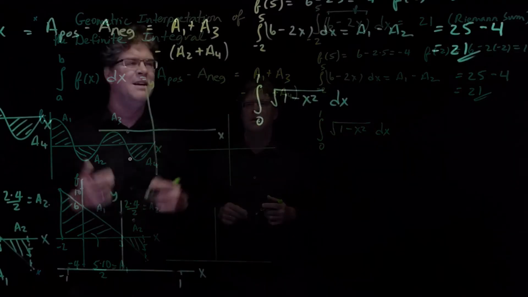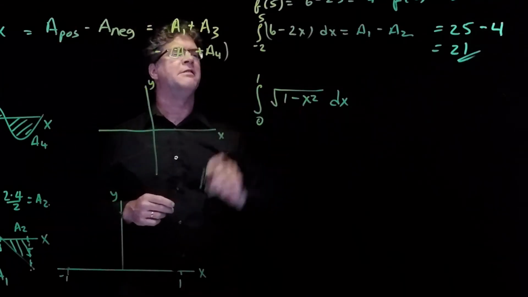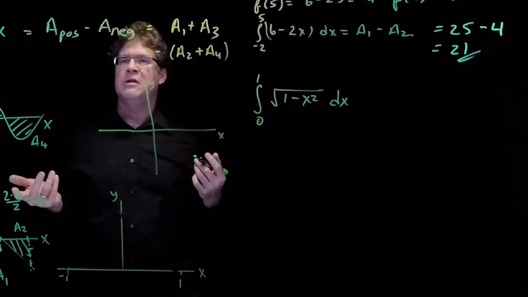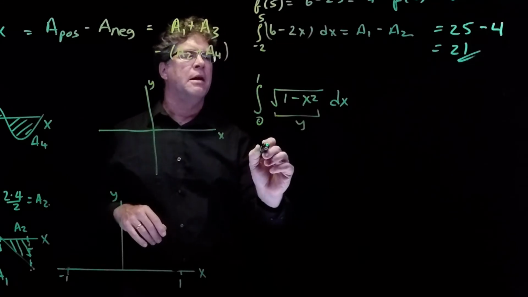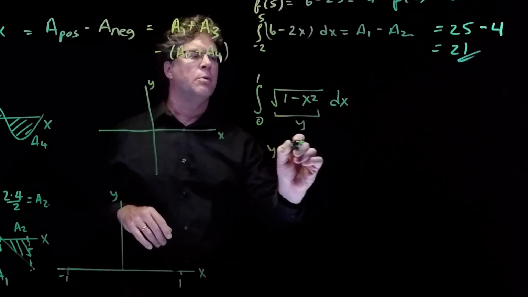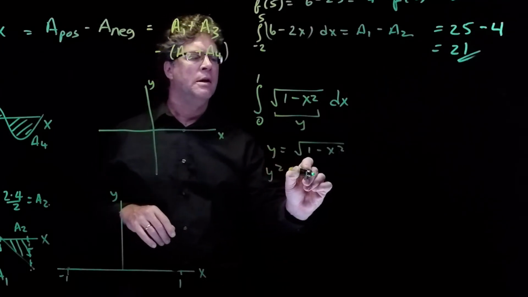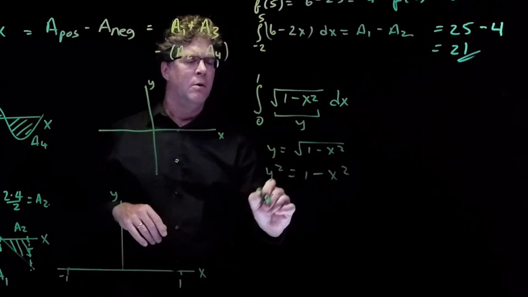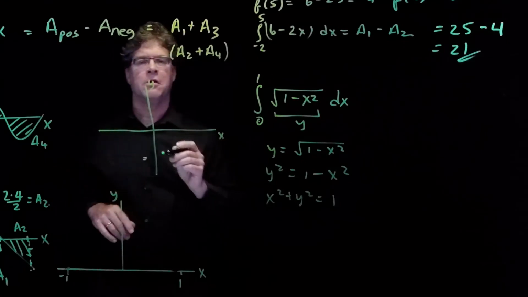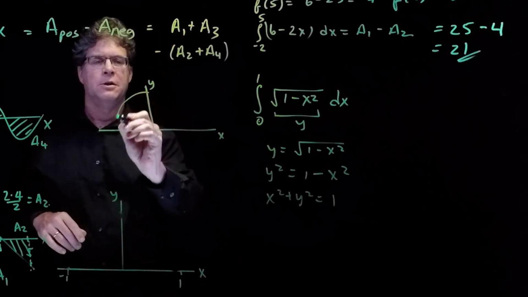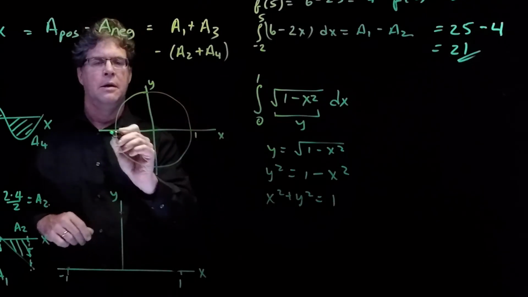So let's look at the second integral here, the integral from 0 to 1 of the square root of 1 minus x squared dx. We want to interpret this geometrically. So if we call this y, then we can say y is equal to the square root of 1 minus x squared. If we square both sides, we have y squared is equal to 1 minus x squared, or x squared plus y squared is equal to 1. That's the equation for a circle of radius 1, centered at the origin. So it looks something like this here. There's 1, there's minus 1,